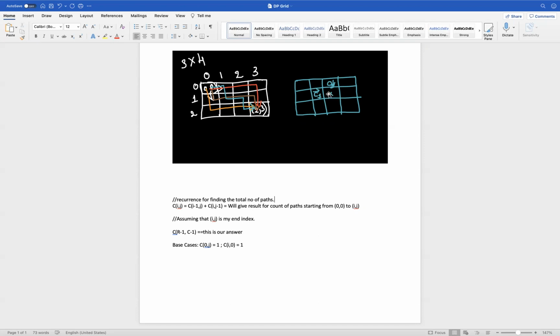No matter what it is, in order to reach my destination, I'm counting the total number of paths where I can reach from the top and the total number of paths where I can reach from the left. This is one way we can do it.